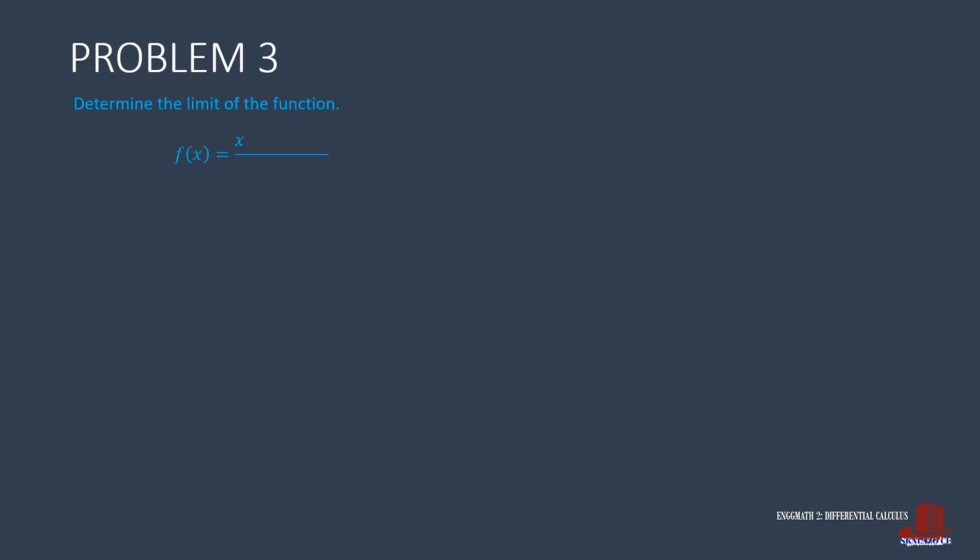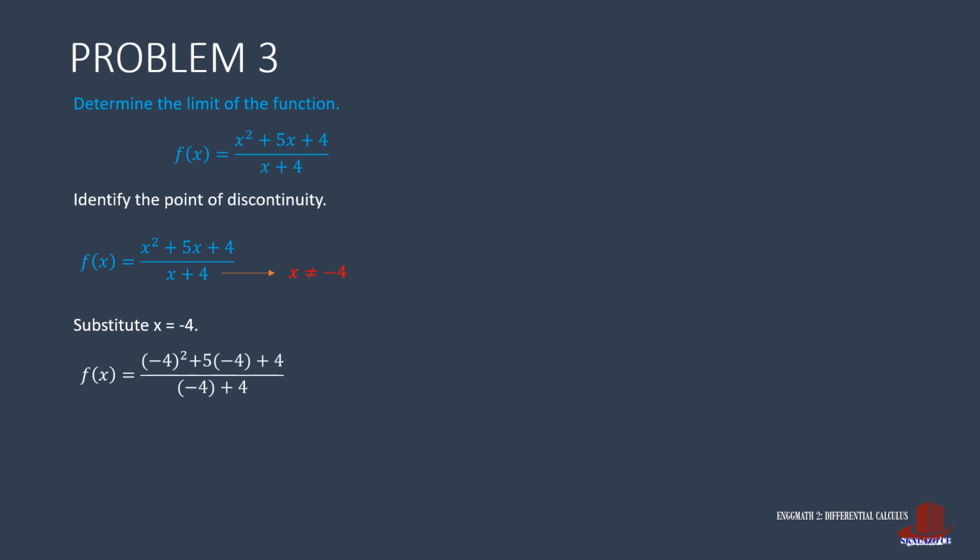Another problem is x squared plus 5x plus 4 upon x plus 4. The discontinuity for this function lies at the denominator, x plus 4, where x should not be equal to negative 4. By substituting this value into f of x, we get the square of negative 4 plus 5 of negative 4 plus 4 all upon negative 4 plus 4. The numerator then becomes 16 minus 20 plus 4, which is then simplified as 0 over 0, making the function